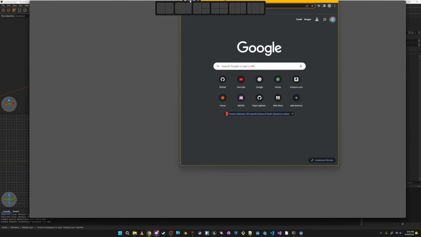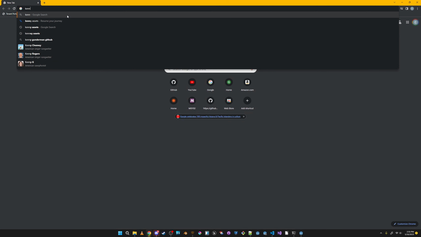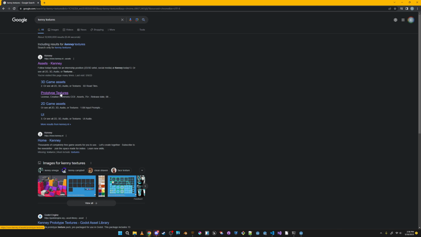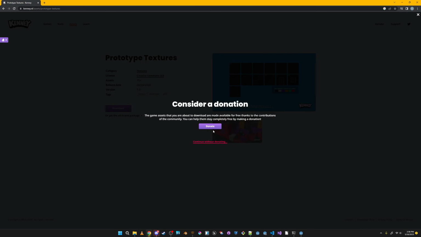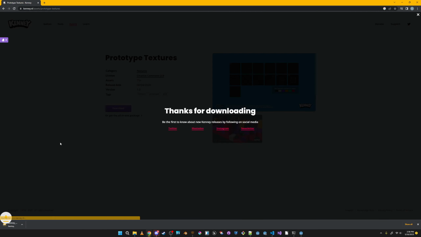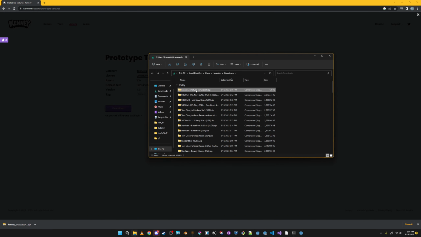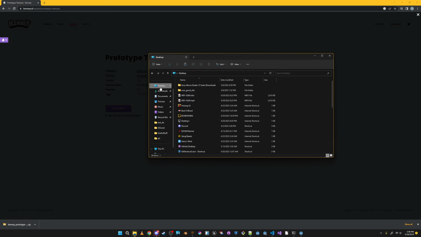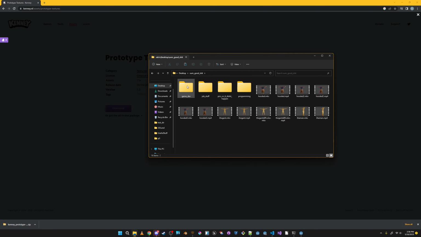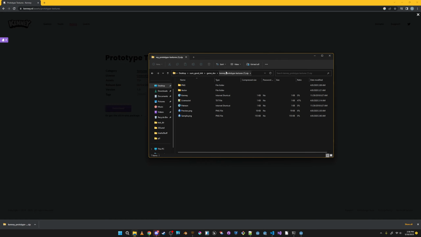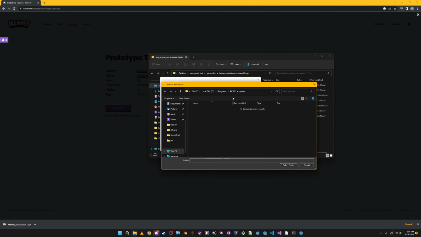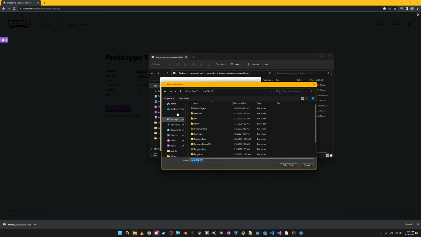I'll get some textures from Kenney, and say Kenney textures, and go to, yeah, prototype textures. I'll just do that, and I'll just download this. And I'll say continue without download for now, and what I have is now this, and let's go over here, and I'll just put the .zip file in the game dev folder, and let's say extract all, and let's go to